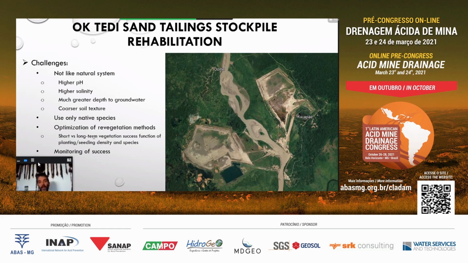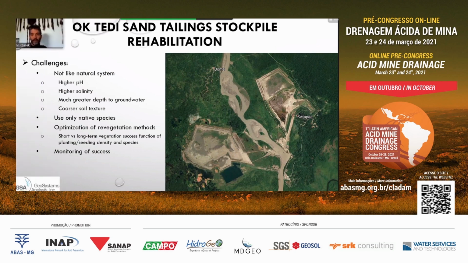And some of the things that we've been looking at with them over the years is to add amendments. Do you do seeding, or do you do pole planting? There's quite a bit of experimentation that needs to happen to optimize the revegetation methods. And then what we've been focusing on mostly for them lately is the monitoring of their vegetation success. And this is some